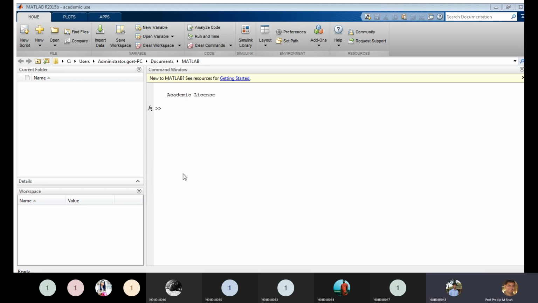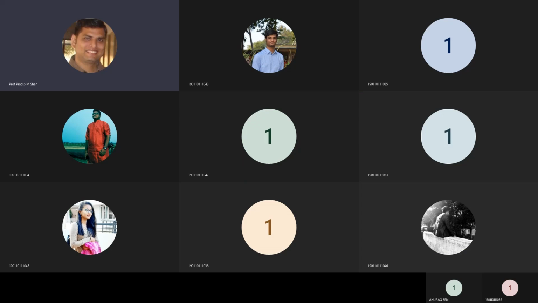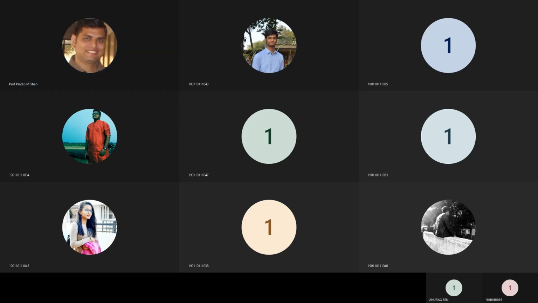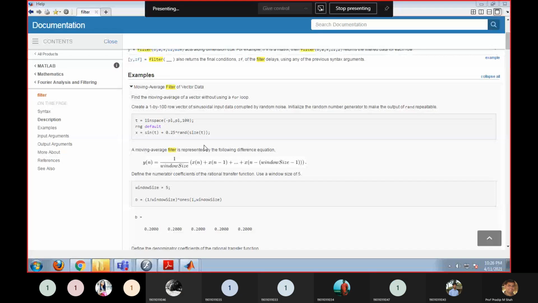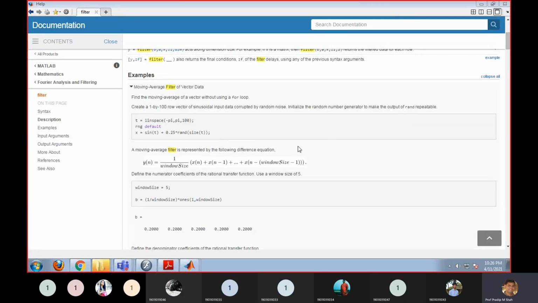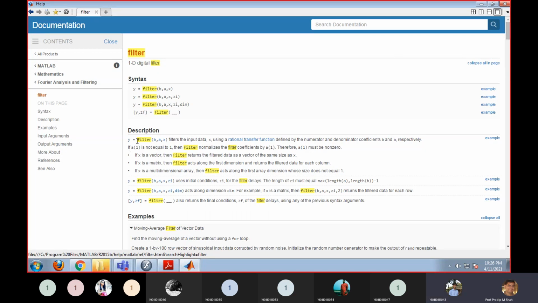Yes sir, actually nothing is written in MATLAB. You are not seeing the help dialog box? No sir. Wait a minute. I think, as one of you says, it is visible. As one of you said that it is visible, that's why I'll start.